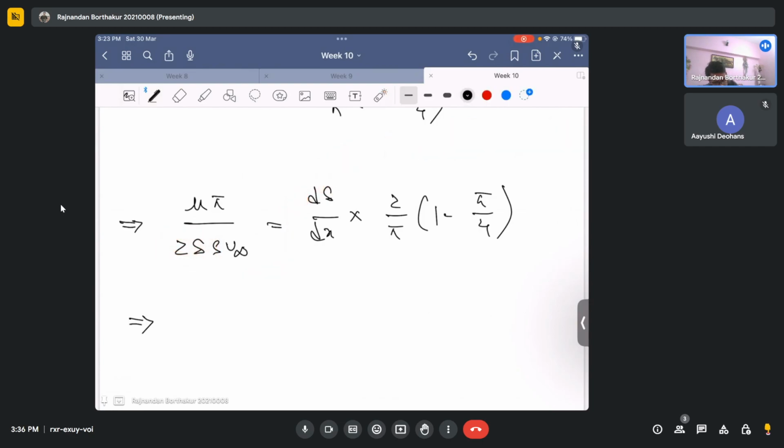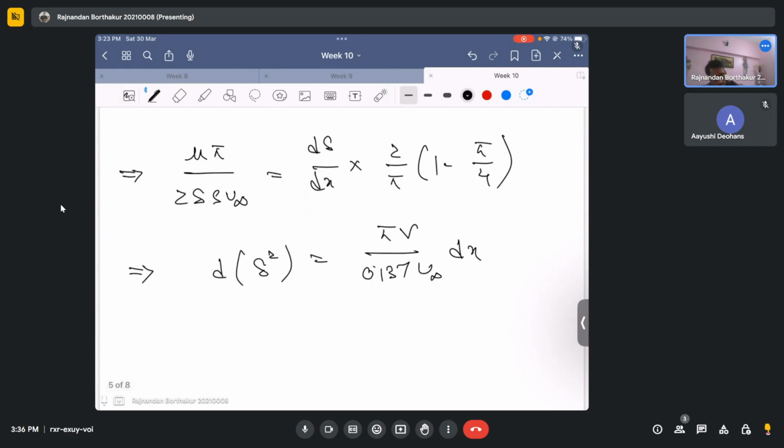So if you do that, you will just end up getting something like this: pi nu by 0.137 times u infinity dx. This is just the math that you can do and check. Okay, so now, as you know, the next step is to integrate this equation, which means at x equals